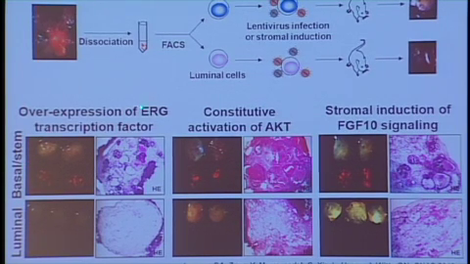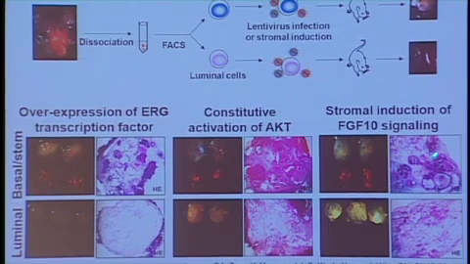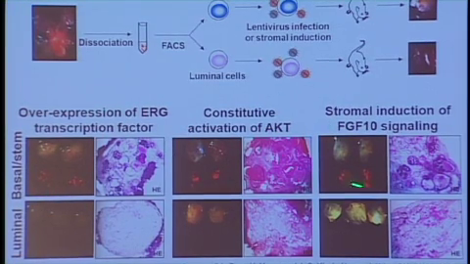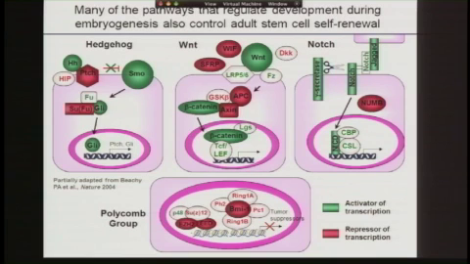And it works with ERG alone, AKT alone, or if we use paracrine stimulation by putting an FGF secretion into the stroma cells. Now, that doesn't say that it's the only way to make cancer, but it certainly says in this system it's a dominant way to make cancer. And I suspect both cell populations under certain conditions can serve as targets. If that's true, if the basal stem cells can be an important source for cancer generation, what controls their growth?